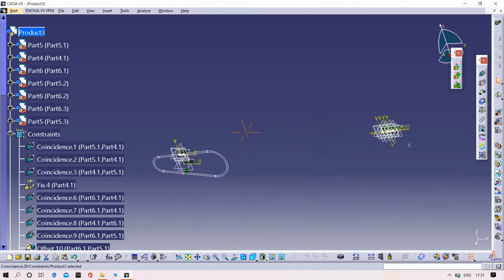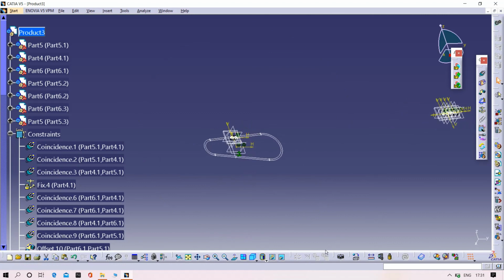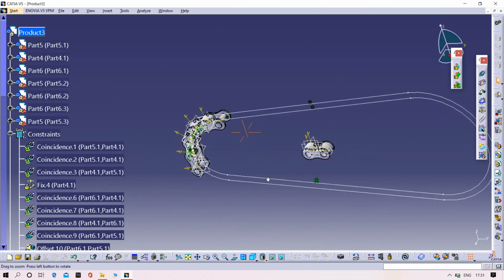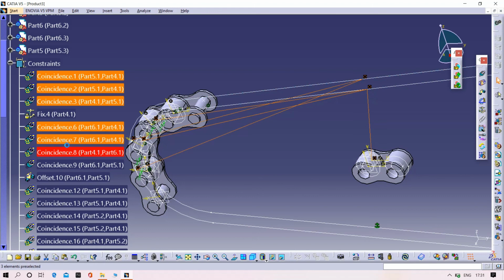You can see the links will be disassembled with the line. For that one, we need to do, when you adjust these links to this curve, then try to do these commands